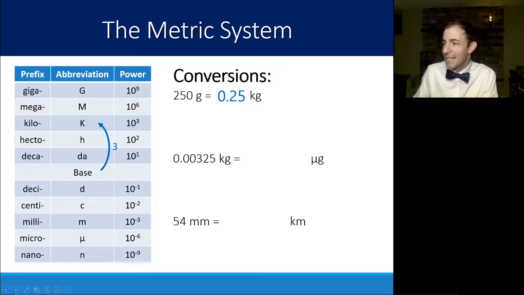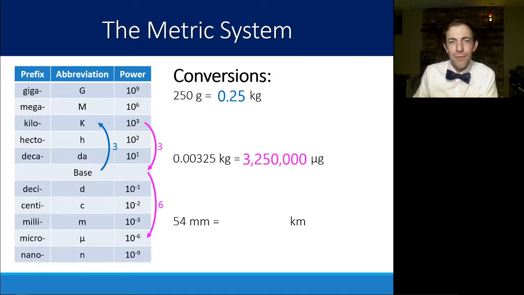Likewise, if I find kilograms and micrograms, that mu symbol is a micro. I find that going from kilo to the base unit is 3, and then the base unit to micro is 6. So ultimately, in total, I'm going to be converting 9 places for that decimal, which makes it